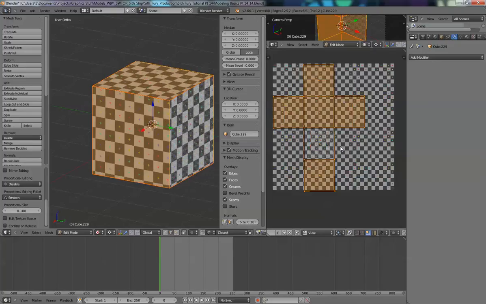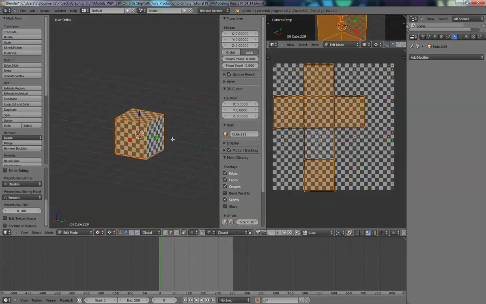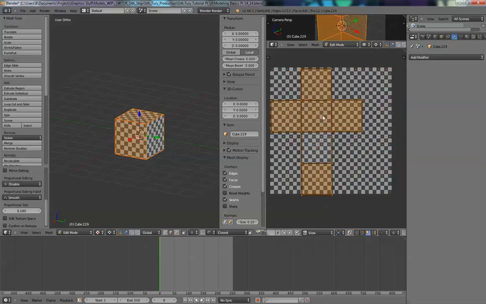Because sometimes, say if you had a bunch of pieces and you wouldn't need a lot of detail on some, you'd have one piece covering a big part of the image to get as much detail as possible, and then another piece would be scaled down and maybe thrown off to the side a little bit because it wouldn't